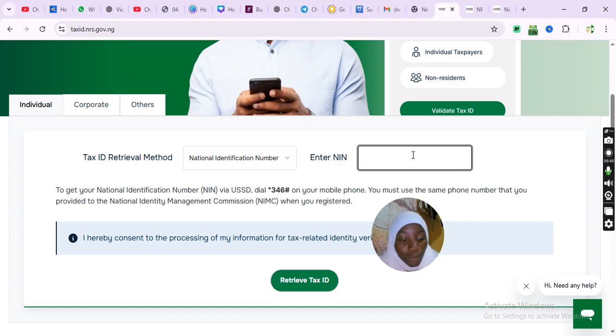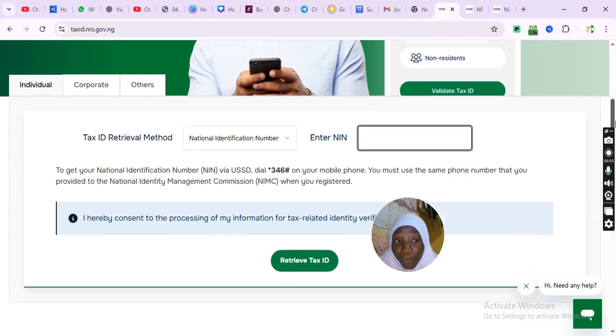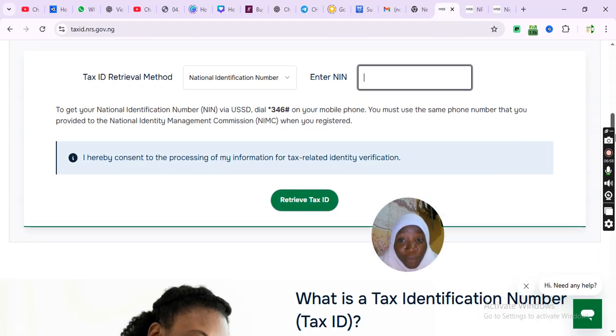Right, so this NIN is for, and as you can see, you need to make sure that if you want to do it for someone, make sure you've gotten the consent of the person. Like, make sure you've gotten the consent of the person. Don't just go ahead creating a tax ID for someone who didn't give you consent, or maybe just because you see an available NIN or an available CAC number, you might be jailed for that, right? You might be jailed or get arrested for that,